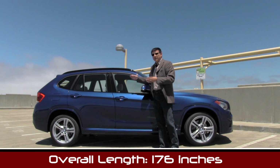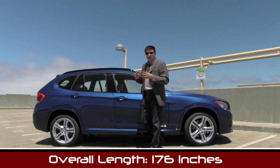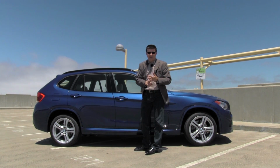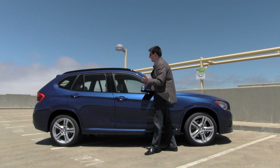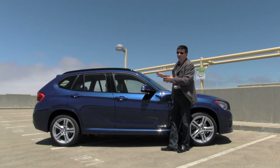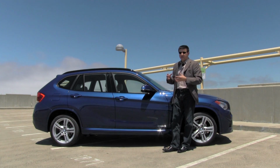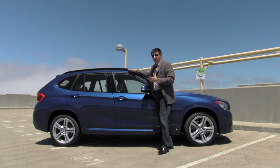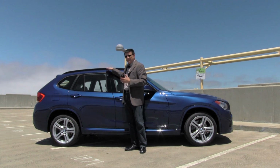What's deceiving here about this side profile is how small the X1 really is. This is considerably smaller than a Q5 or a Volvo XC60 or a Cadillac SRX or anything like that. It's closer in size to something like the Range Rover Evoque or the Mini Countryman. It's a little bit bigger than the Mini Countryman, but really not a whole lot. It's quite short. If you take a look here, you can see that it really just comes up to about